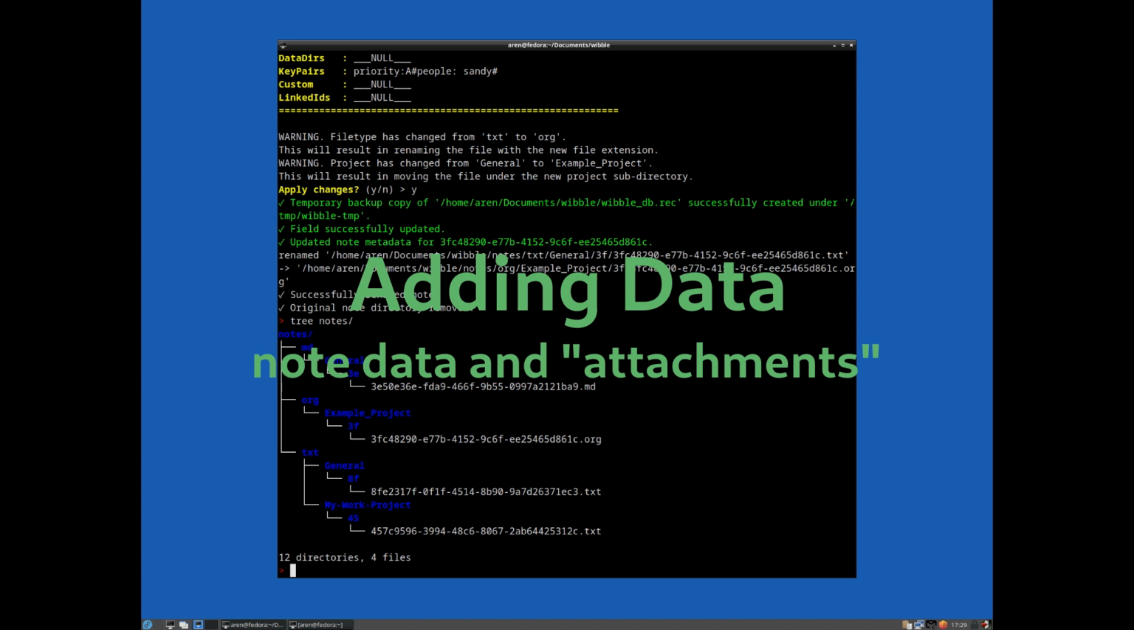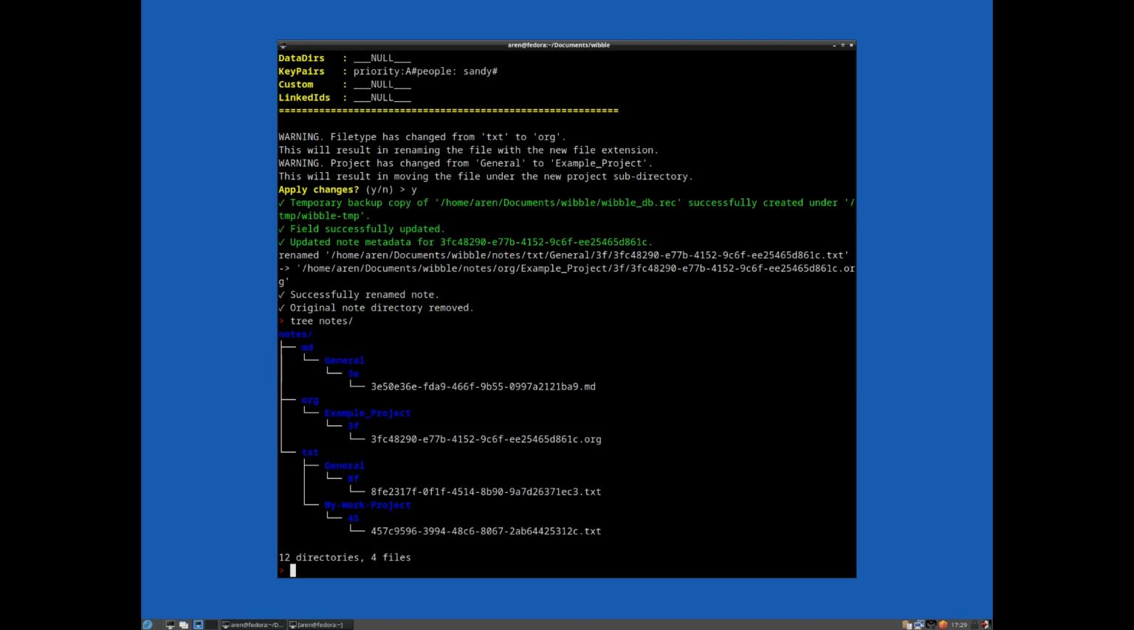Now, one of the most powerful features of Wibble, and something in common with many other tools such as org mode, pretty much any kind of wiki software, is the ability to store associated files and data, kind of attachments, if you will, that go together with the particular note that you've created. Or if we view the note, instead of using the word note, if we say node,